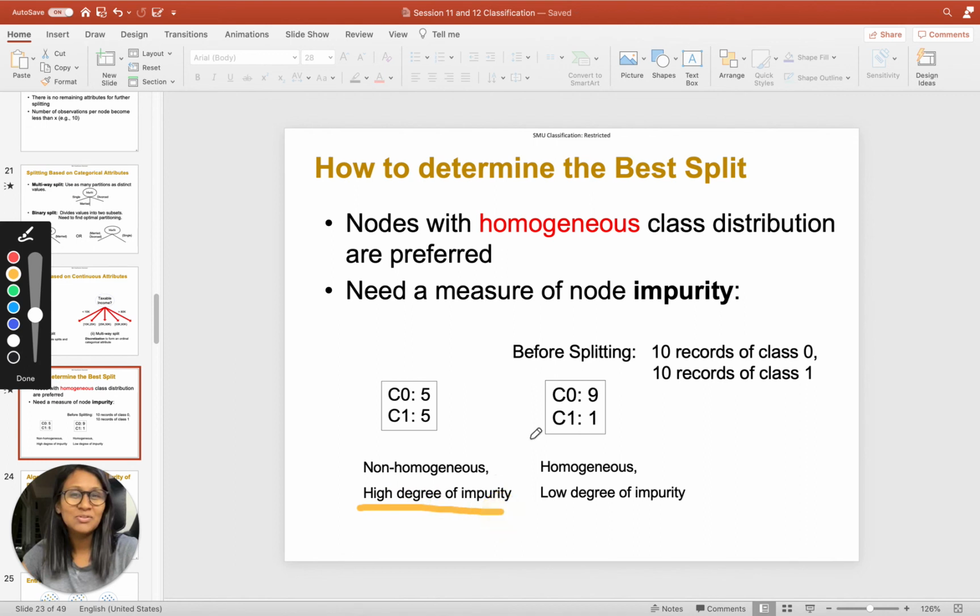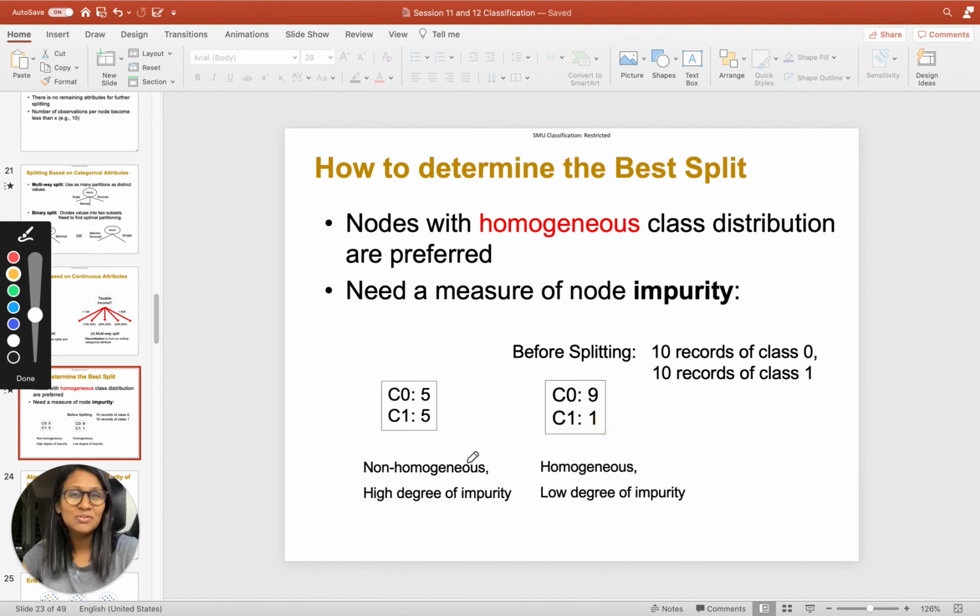So what is going to be a more pure node, or the one that has a low degree of impurity? Look at this example here. Out of the 10 observations in the decision node, 9 belong to class 0 and 1 belongs to class 1.